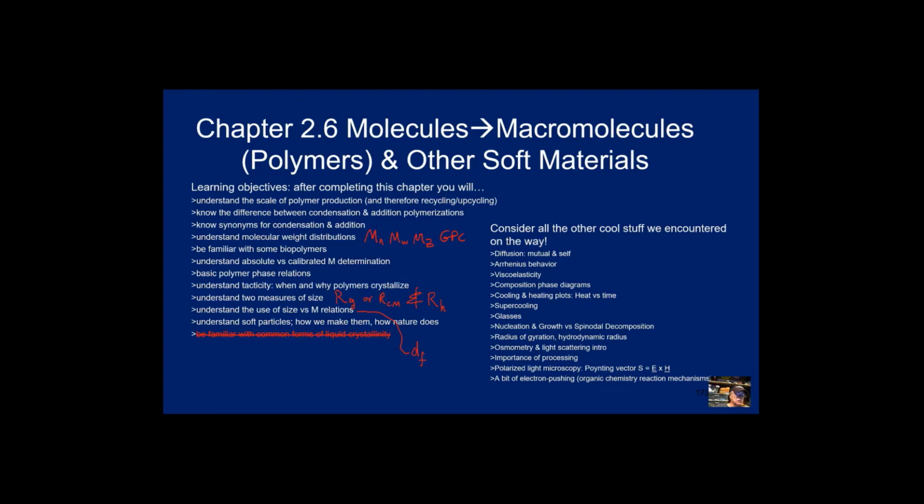We didn't really talk too much about soft particles. We did talk a little bit about latex and how we could choose to do the polymerization of the monomers in a suspension. You know, we could use oil and water, oil being the monomer. They're oily. They're not really oil like you put in your car, but they're organic liquids that are sort of oily. We call them oil. So anyway, the oil type part and the water don't really mix, but if you stir them like crazy, they stay in these little blobs, and then you can polymerize those blobs, and you wind up with a bunch of little beads that disperse in water, so you can do a water cleanup instead of the usual volatile organics and